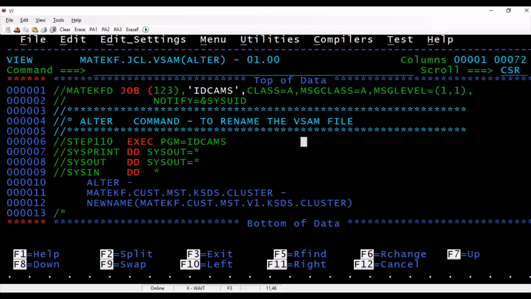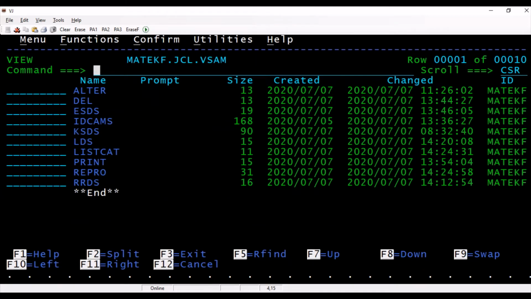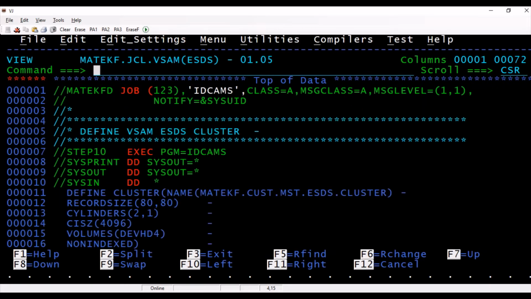That way you can rename the VSAM files. Now let's move on to the ESDS. ESDS is nothing but an entry sequential data set, and to create the ESDS VSAM also we use